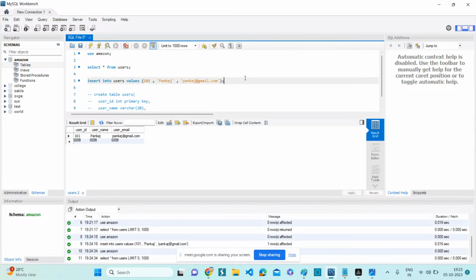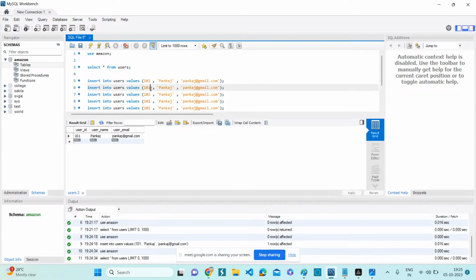I'm just taking five because if you try to add duplicates, it's not going to allow at least the user ID, because we have already taken it as the primary key. So here I'm writing Sai, Susan,